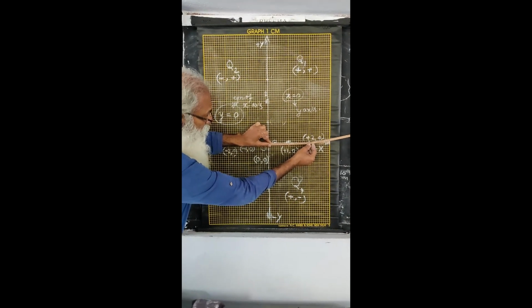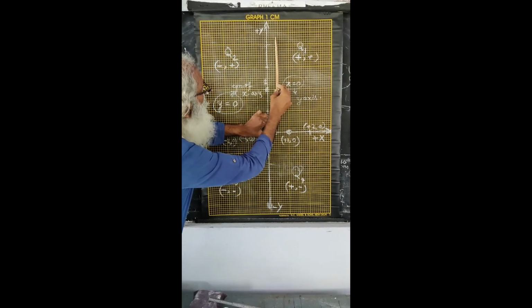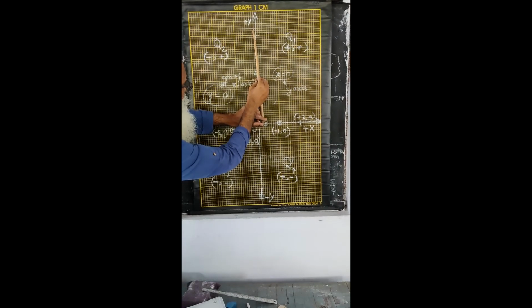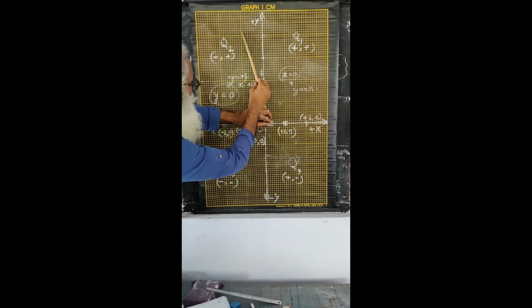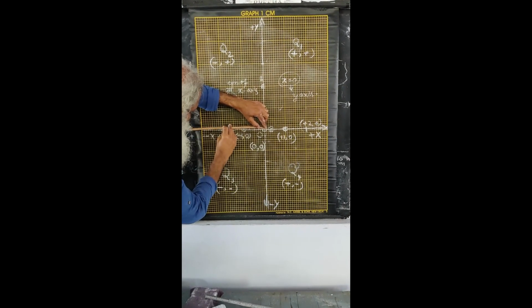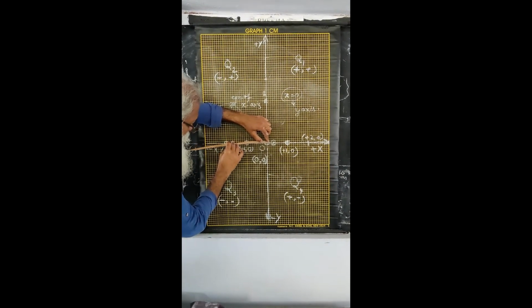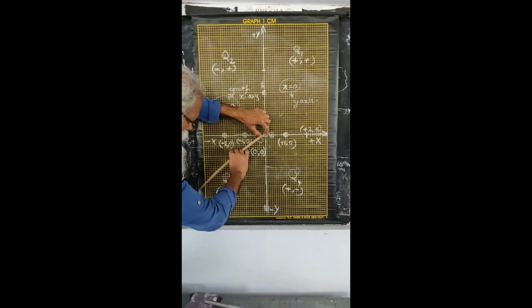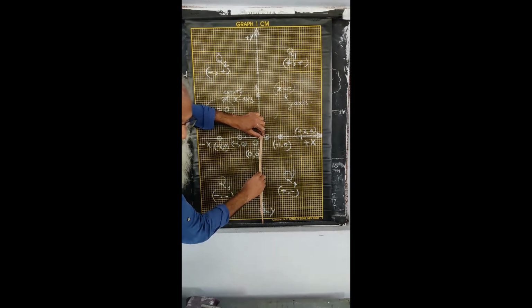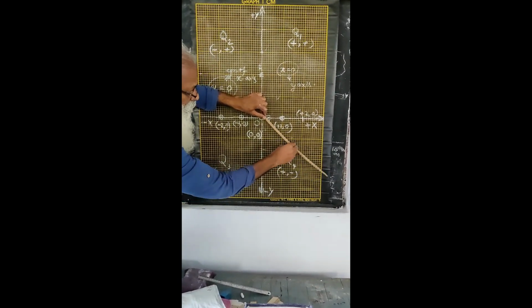The moment you turn, you get into quadrant 1. And then you are in quadrant 1 right up to here. But just here, you are on the y-axis, plus y-axis. Then you have entered quadrant 2. And the moment you touch this line, you are along minus x-axis. And then if you cross that, you get into quadrant 3. And finally, here you are on the minus y-axis, and if you step over, you get into the fourth quadrant.